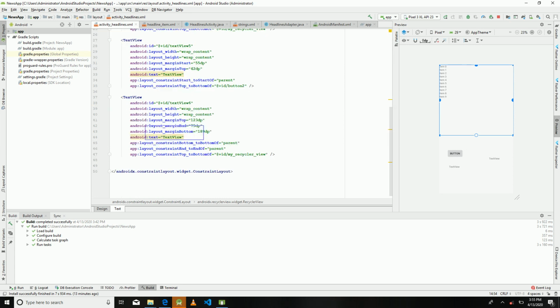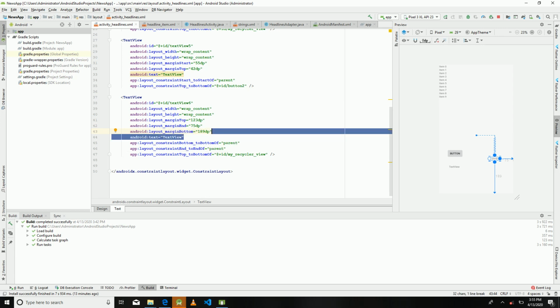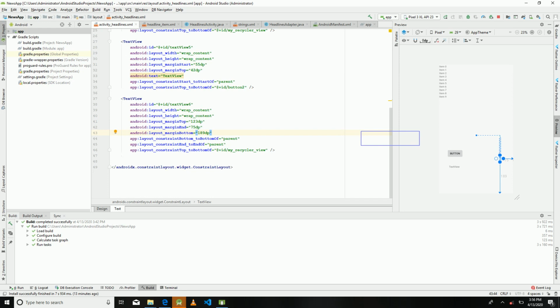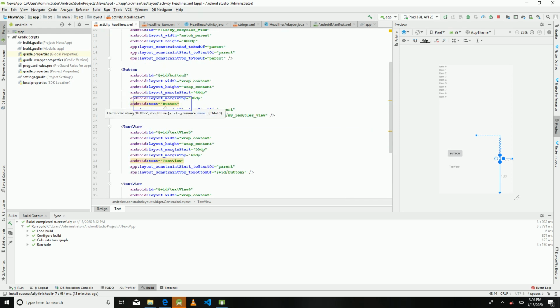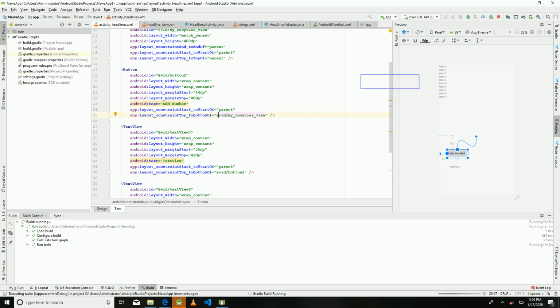So what I want to do is take out this text. And then let's change this text to add number. To run our application now,